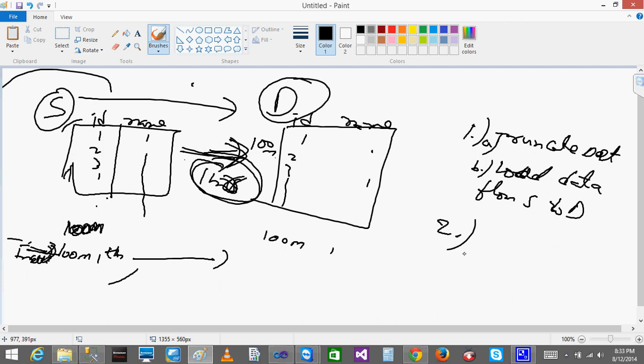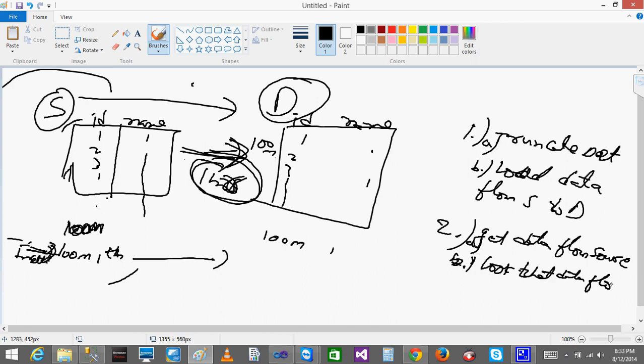The other way, I think we discussed in the lookup. Step A, get data from the source. Step B, look up whether that data from the source is there in the destination or not.